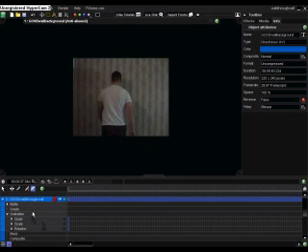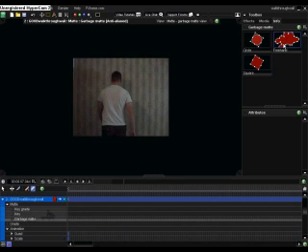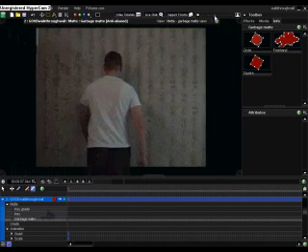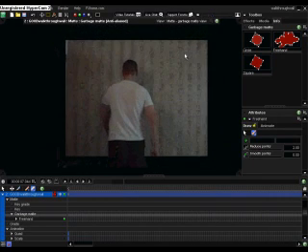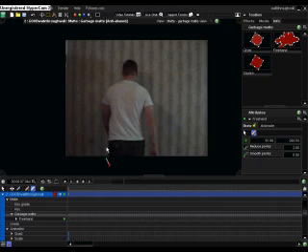Alright, so now we're going to go to matte, garbage mat. We're going to create a freehand mask. Let's make it a little bigger just so we can draw better. We're going to create a mask, and we're going to start it out a little bit away from the body and just go around,